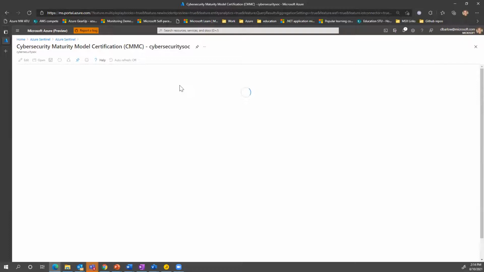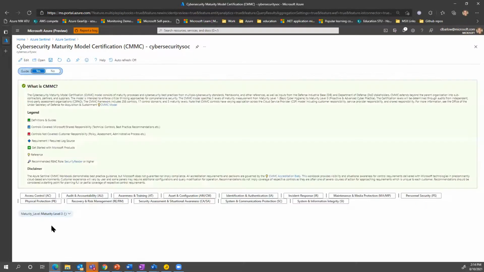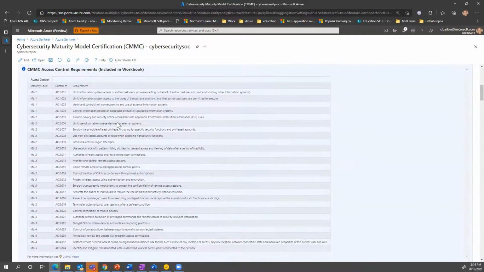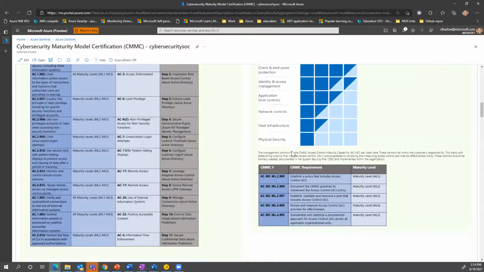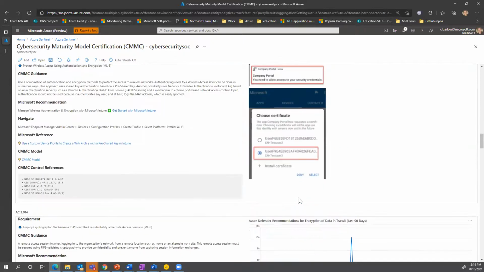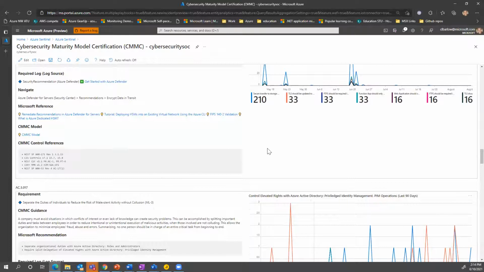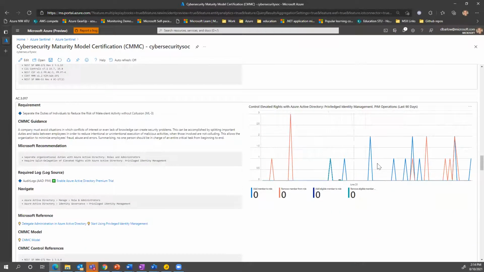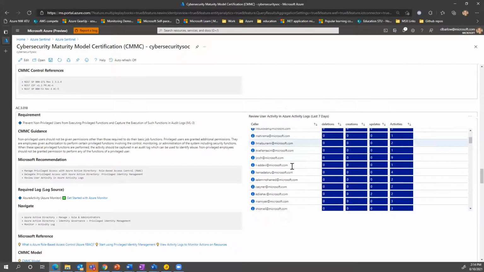And again, I'm just showing off some things here to give you an idea of what the capabilities are. So we're going to turn the guide on, and we're going to keep the maturity level 3. I want to know specifically around access control. So it gives me the family overview, the control requirements that come from the government, and some of the shared pieces. Then I can come down and start getting real-time info on these pieces, so I can understand what's going on within my environment and make sure that I'm meeting those levels of requirements that we would expect.